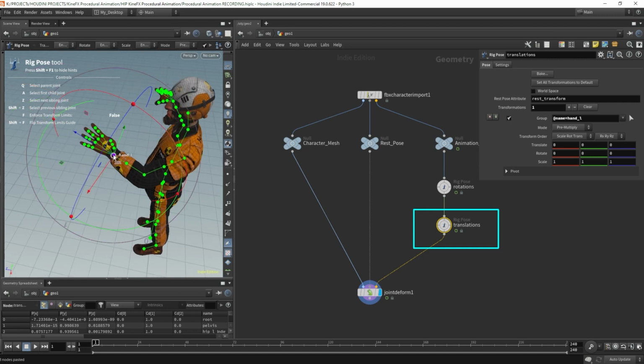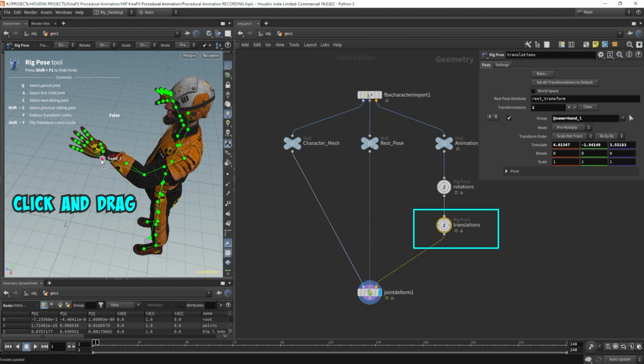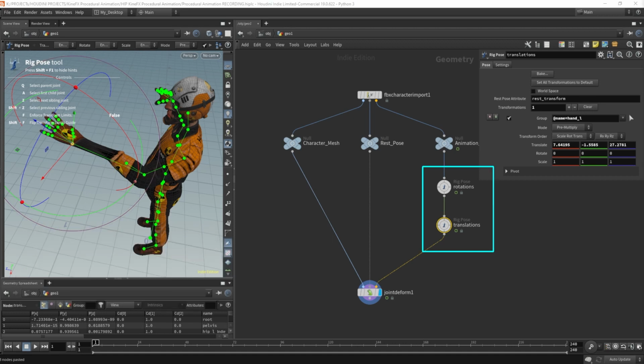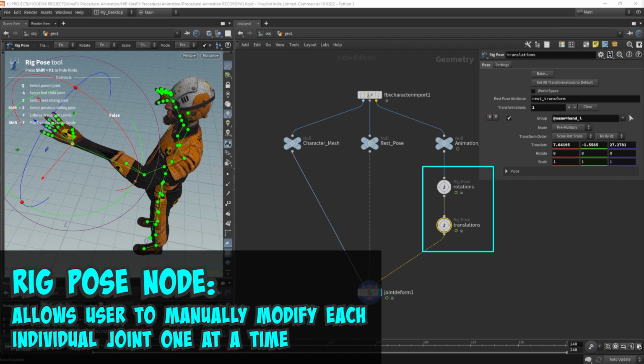Now I'm just going to click this point here and drag it. Now this is what you're starting to see, the stretching. This is because we're taking the joint and we're moving it out of place. So we're disjointing the skeleton. The rig pose node modifies the joint bones directly, and it does so by updating the local transforms of each